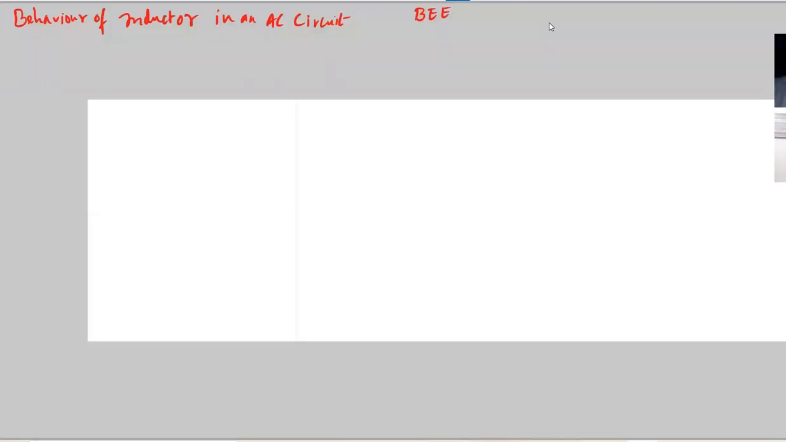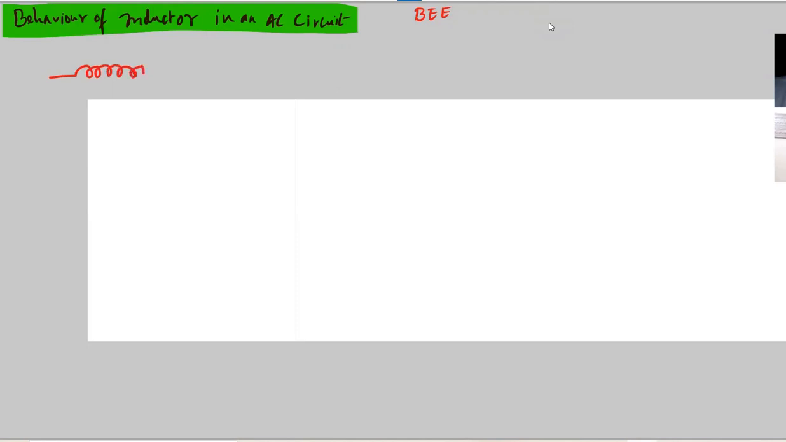The behavior of an inductor in an AC circuit. So let's draw an inductor first. It's like a coil only. It's connected to an AC source. Now,